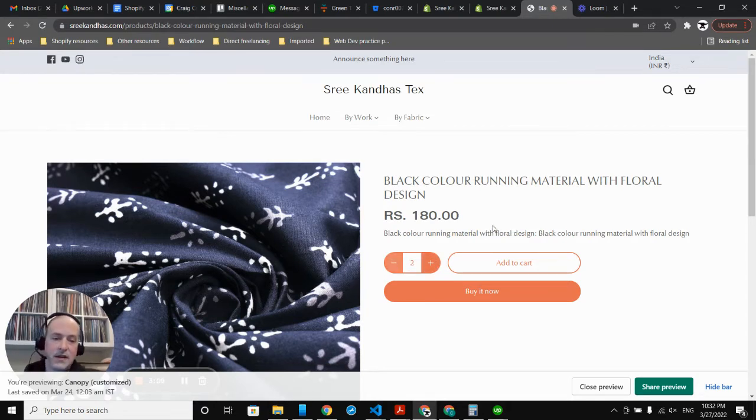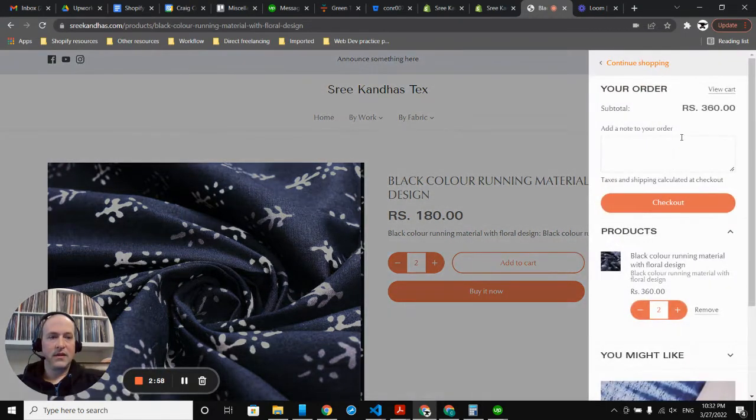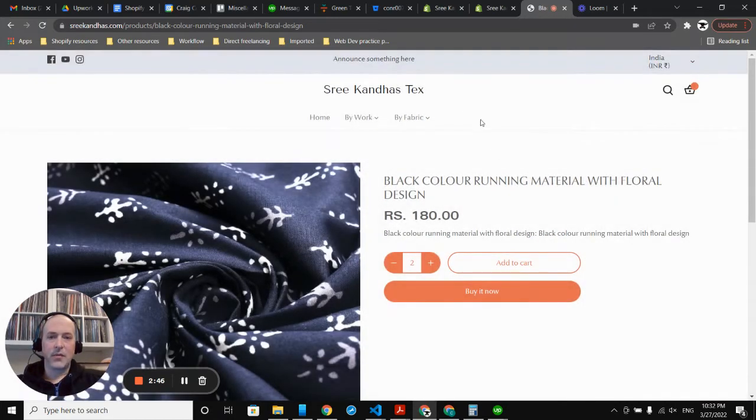Okay, so let's say that's fine. Maybe a customer wants to buy 2 units of fabric, so they add it to the cart. And in the cart, as we'll see here, you can still adjust that before actually going to checkout and purchasing. However, only in full meter increments. Okay, so now I'm going to continue shopping and go back to the home page and open up a test product that I set up